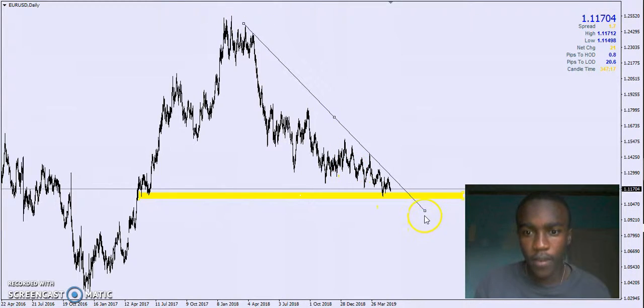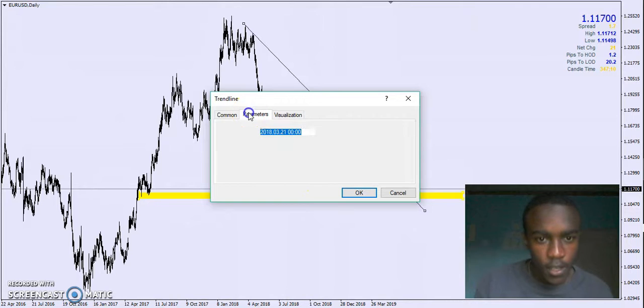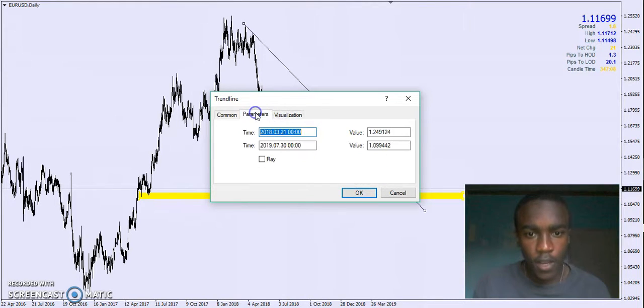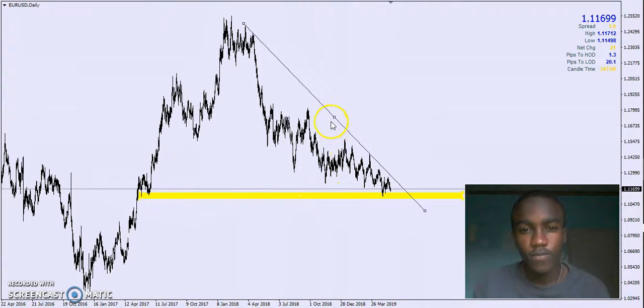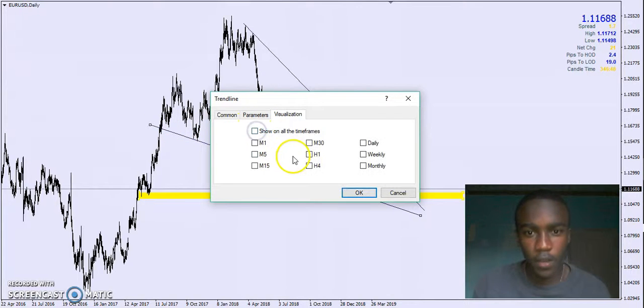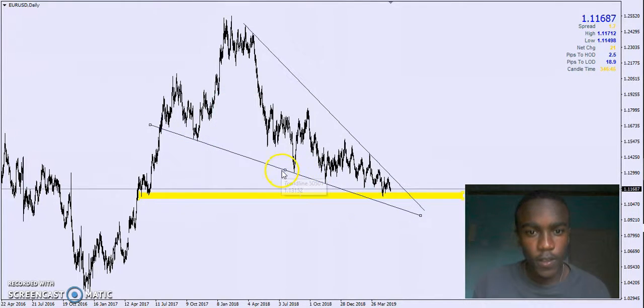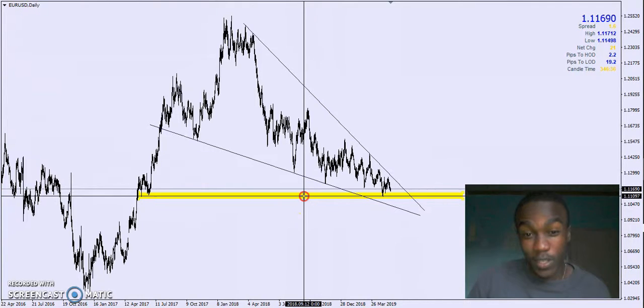Okay, so far we have a descending trend line over here, dynamic resistance, as some may call it. Right, and then I'm going to add the final piece of the puzzle. Right, so here's the final piece of the puzzle. Completing. So right now we have a descending wedge,